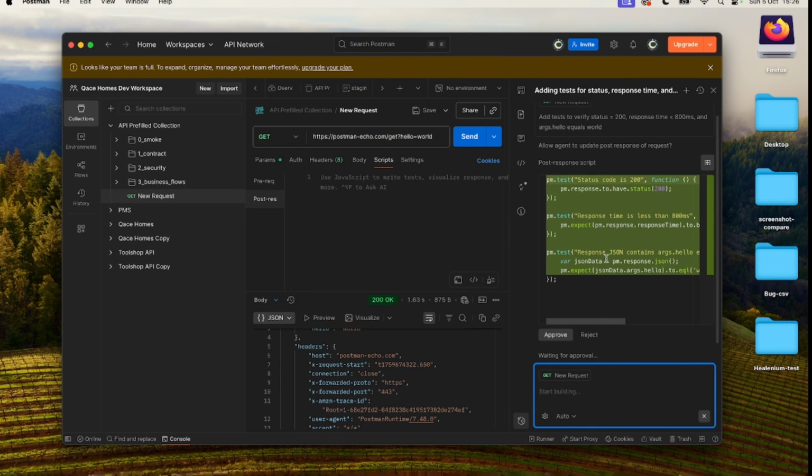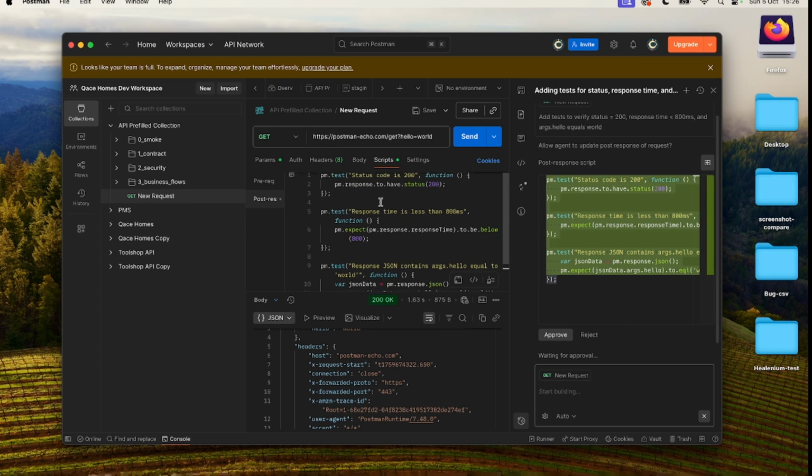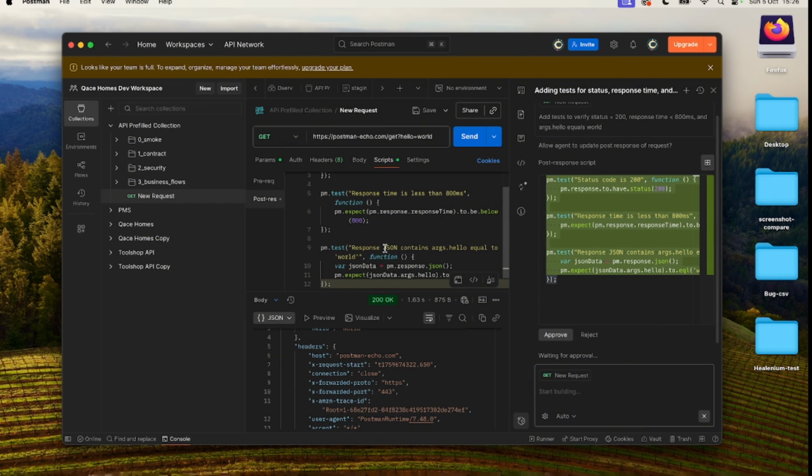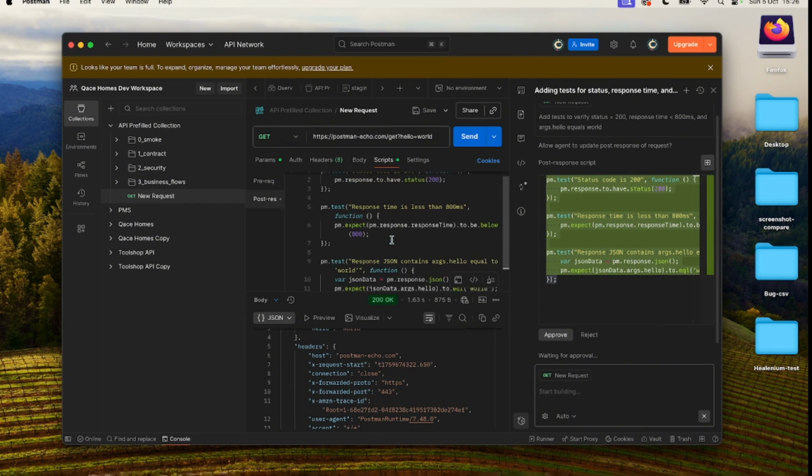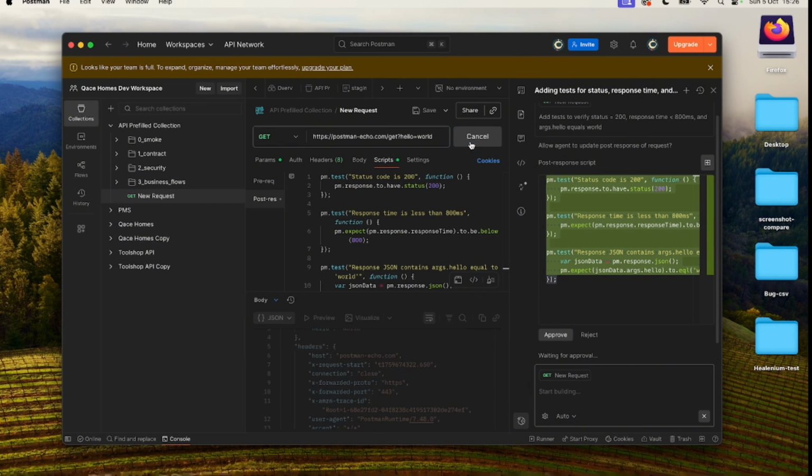Yeah, so here's my script. I can just copy it and paste it inside here. All right, so I have three test validations that are going to happen: one for status code, one for response time, and the other one for response message. So if I run this test again, now you can see,